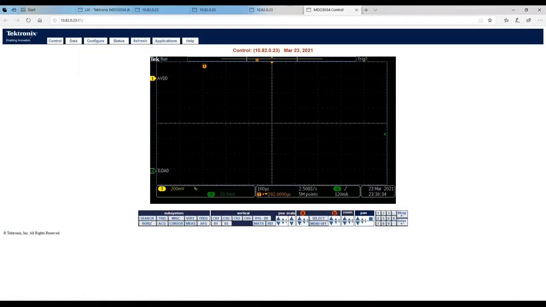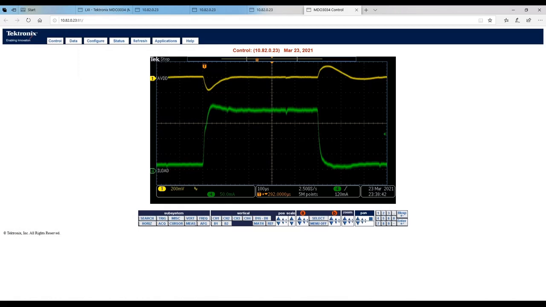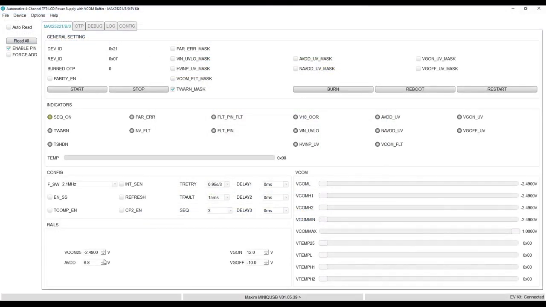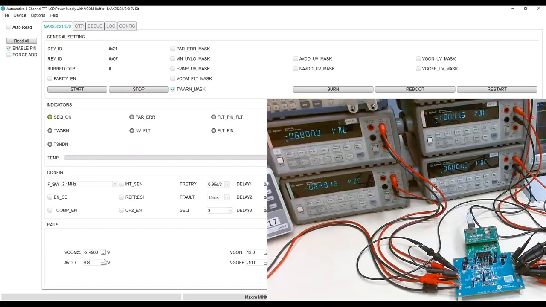We use an electronic DC load to check the transient load in the worst case condition. All the output voltages can be set by a dedicated register. Now we change the output value in the rail box on the GUI, and we can read the corresponding value on the digital voltmeter. For example, AVDD. We increase the value until the maximum value.